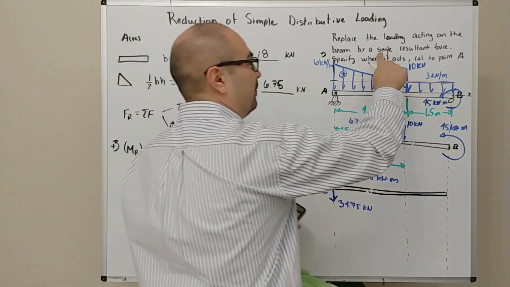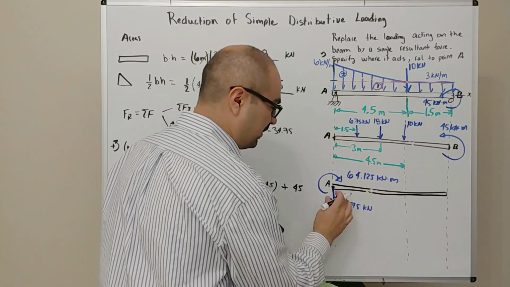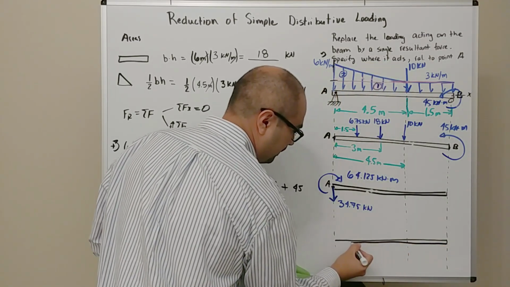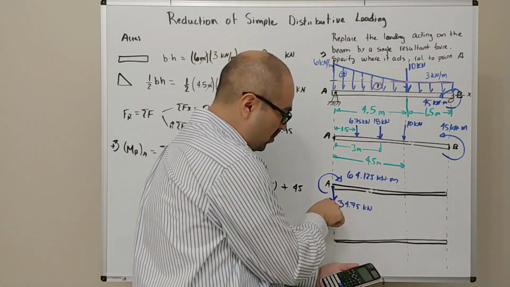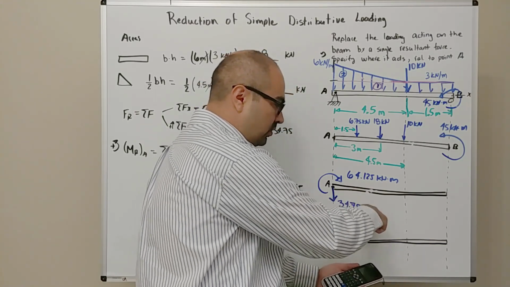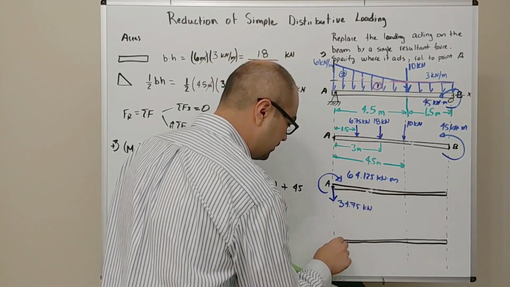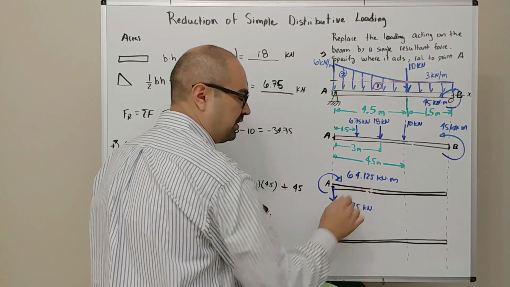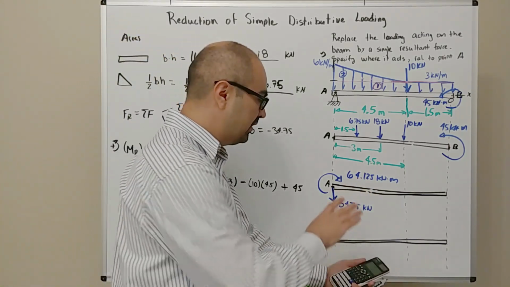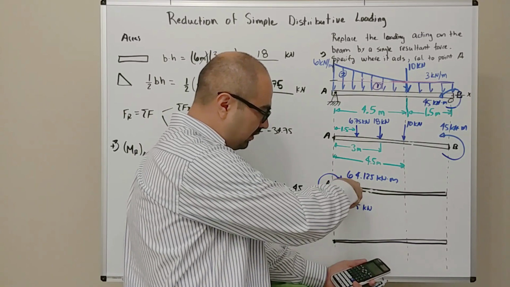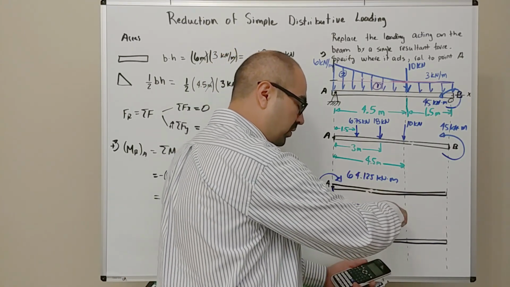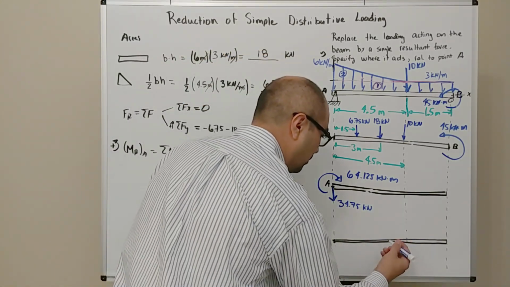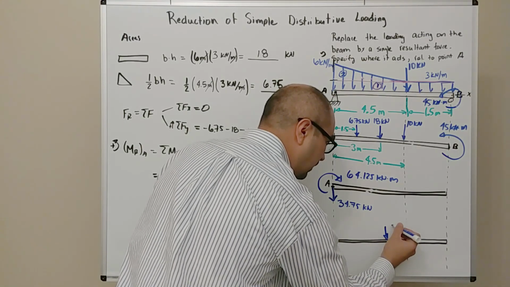However, we want just a resultant force, no couple, right? So for this, we need to further simplify. You remember how we do this, right? So we want to move this resultant force to the left or to the right from point A, such that when I move it a distance, this force is going to cause the same tendency to rotate as this couple moment. Here it's pretty obvious to see that because the couple moment is clockwise, I need to move this force forward so it creates a clockwise rotation. So again, I want to put it somewhere here. This resultant force,